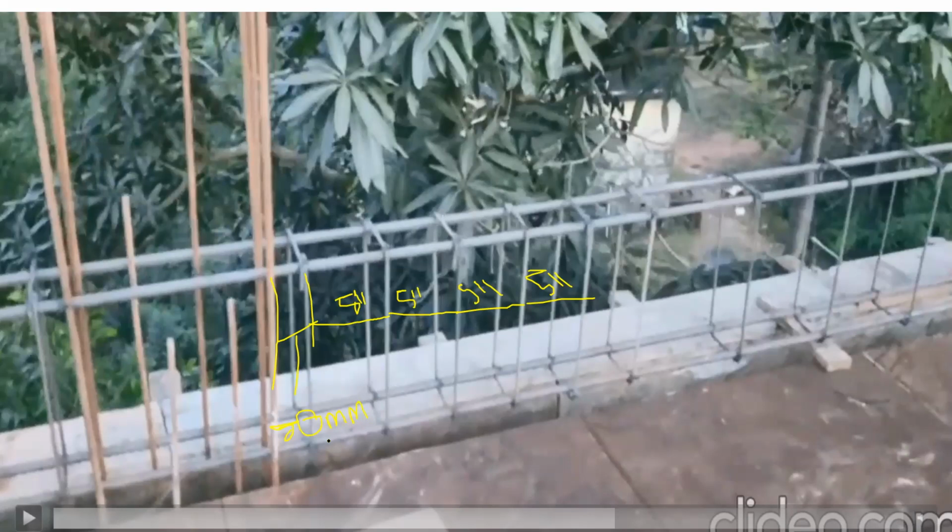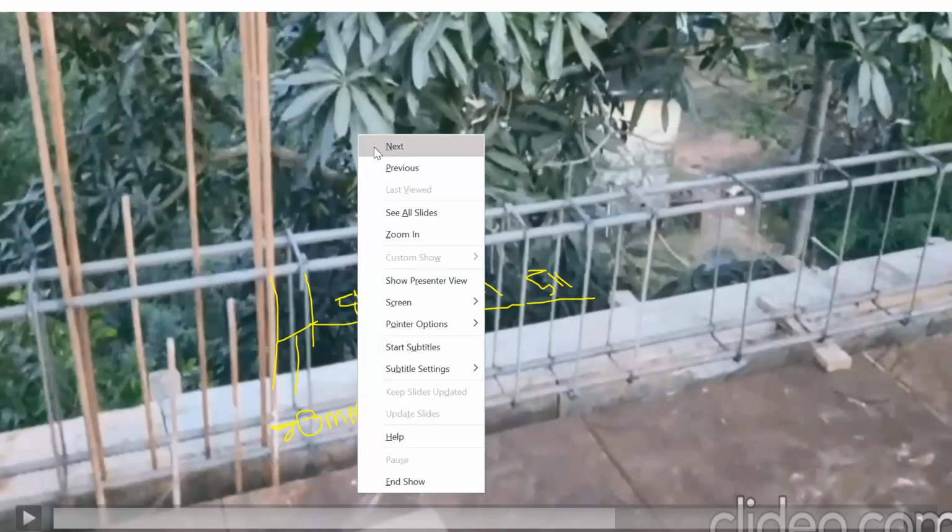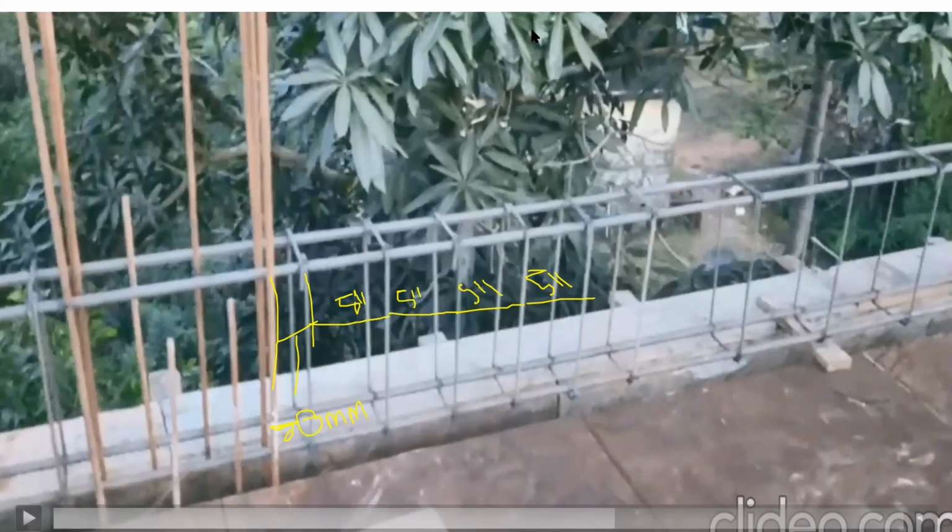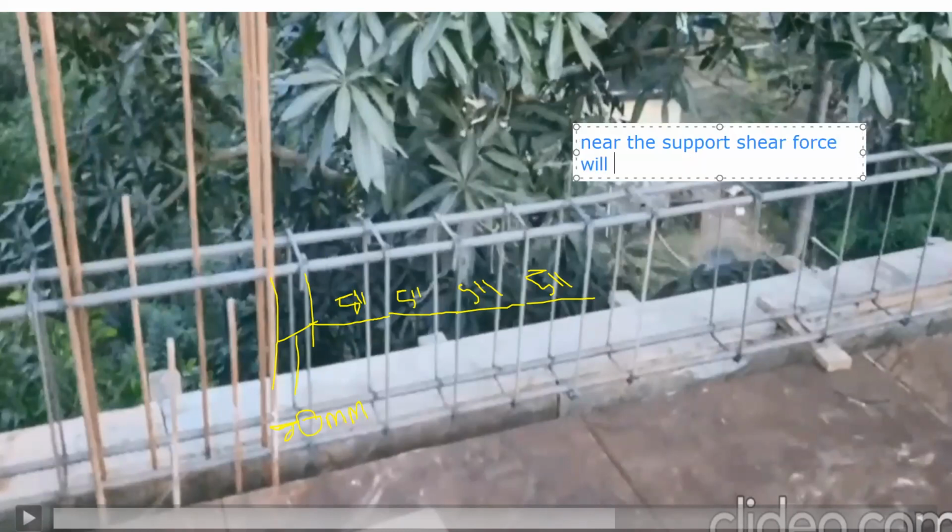The reason behind that is why these stirrups are provided. I'll make use of text so it will be easy for you to understand. See, the reason is that near the support, shear force will be maximum.